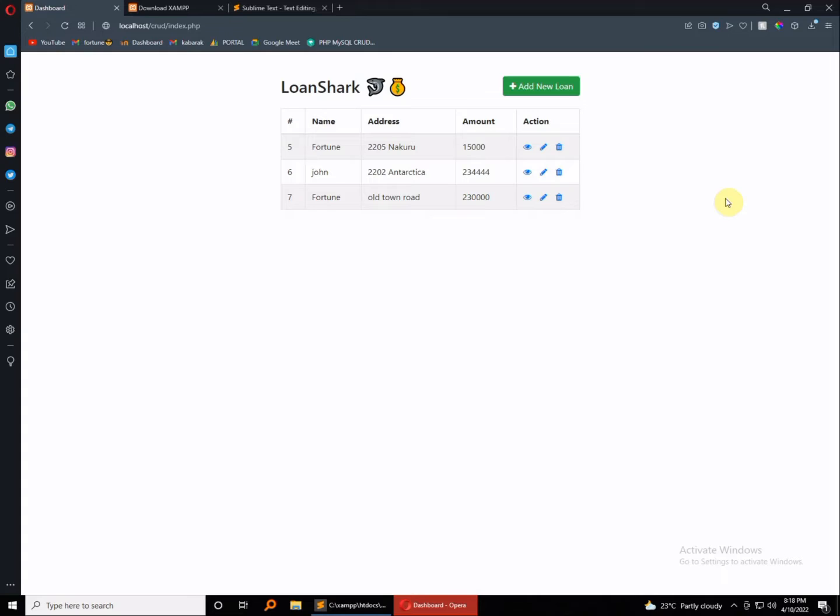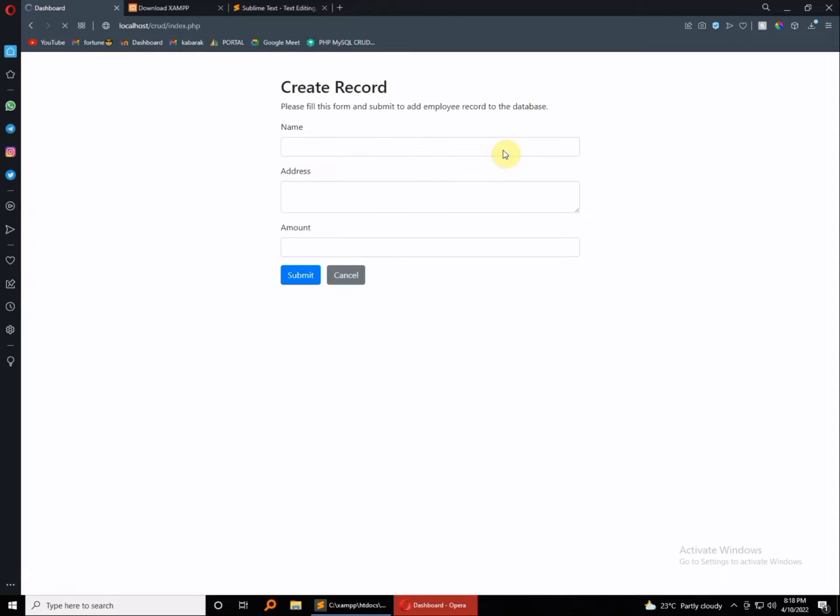So what we have today is a loan application, whereby all the functionality, this should have been on an admin dashboard, but for tutorial purposes they will all be at the particular landing page. So what you can do, you can apply for a new loan. So let's fill this up. So for the name, let's say John